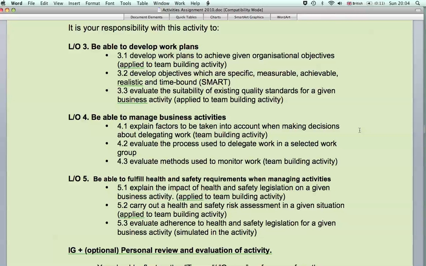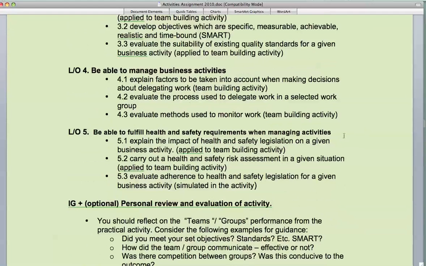So here you need to evaluate the processes used to delegate work in a selected work group, or this is your bridge build, and then evaluate the methods to monitor this. How you monitor this. We did mention KPIs in the first session. Look at your notes and see what a KPI is and how this can be applied to your bridge build. And lastly,